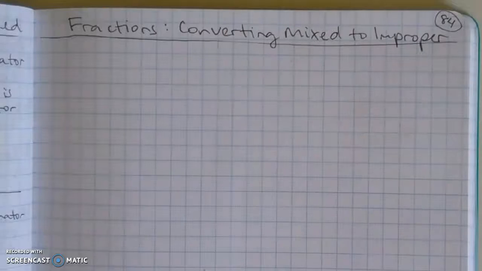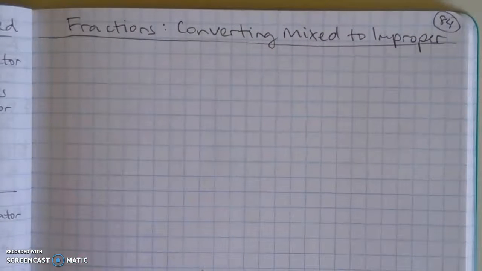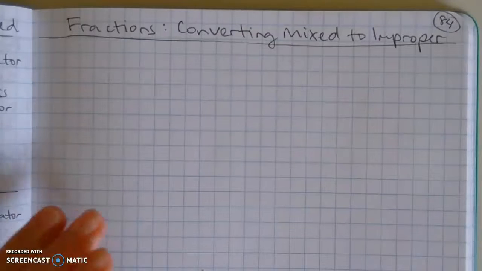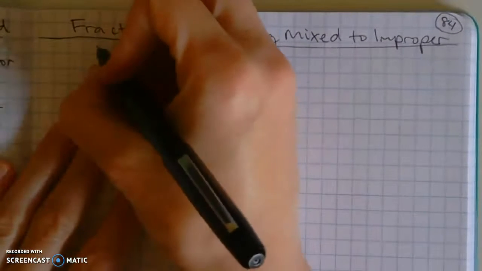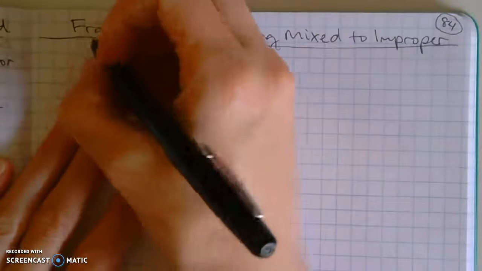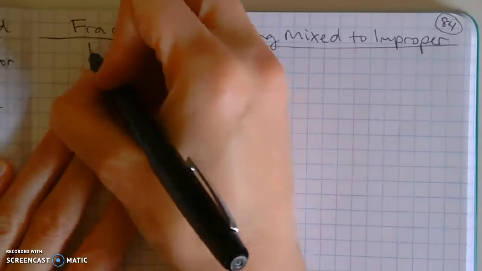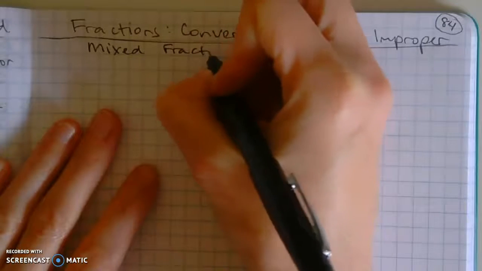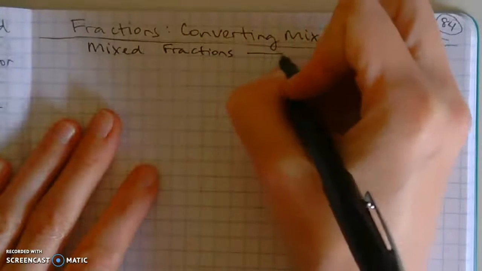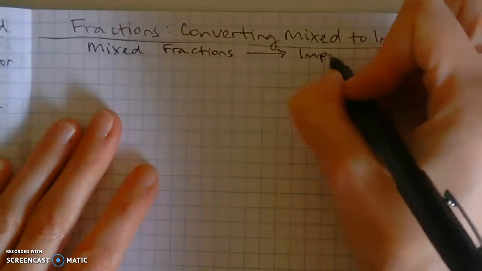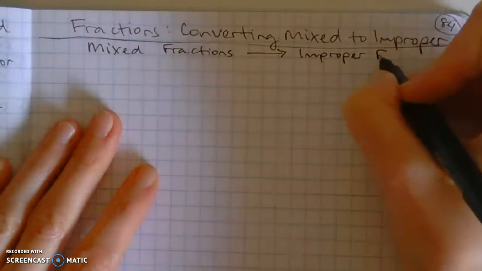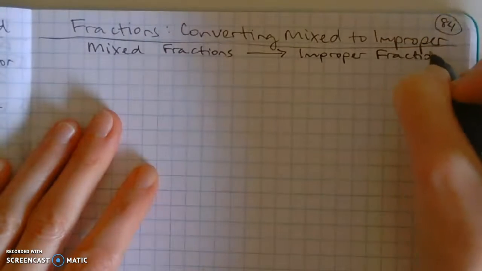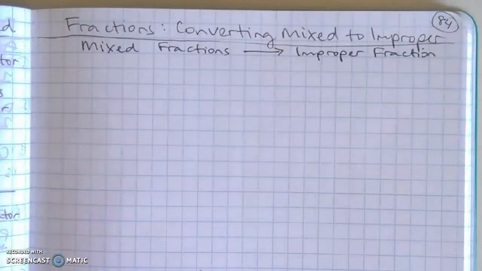Hey guys, welcome back. We're going to finish up our discussion on fractions, and this part is going to be going from a mixed fraction to an improper fraction. So let's just, and I'm at the top of page 84 since we filled up the last page. So we're going to go from mixed fractions now to improper fractions. Okay, so